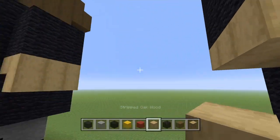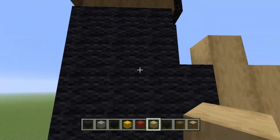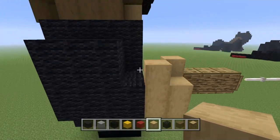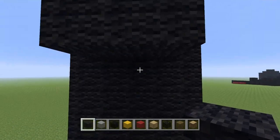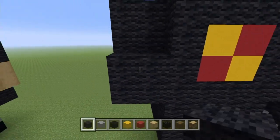On this side it's a little bit more tricky because I've had to make the sleeve a little bit longer so we can fit the arm on the outside. So it basically goes down 1, 2, 3, and 4. And then there's 2 on the side there. So it goes down. Let's take that off for a second. So 3, and then a 4th one, like so, and then 2 out like that, and then we can build